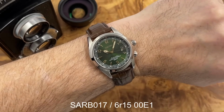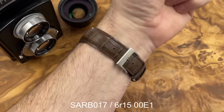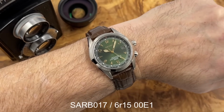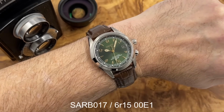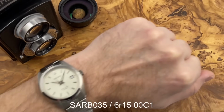I picked up this Sarb 017 and a Sarb 033, I think it was, the black dial Sarb. I sold that watch to Alex, you know, Alex, hashtag blame Alex, and did a sort of swap for a Formex. Oh, that Formex was awful. Now, because I had a little bit of seller's remorse after letting that Sarb 033 go, I thought I'd pick up a Sarb